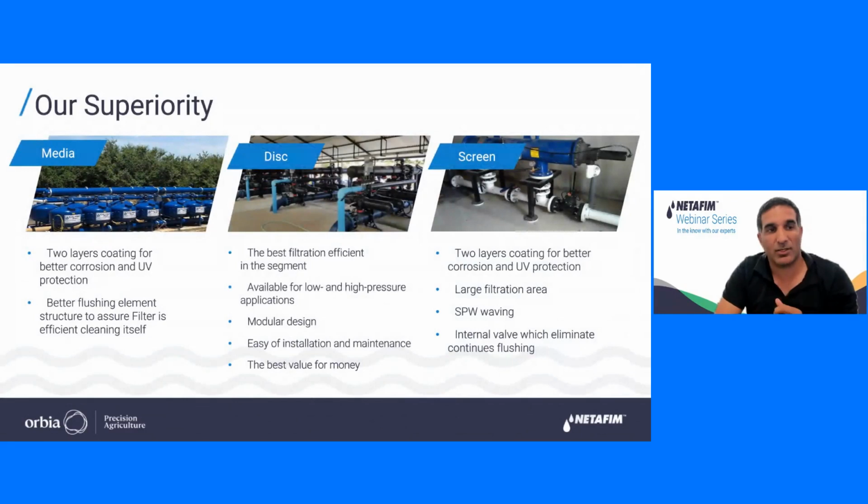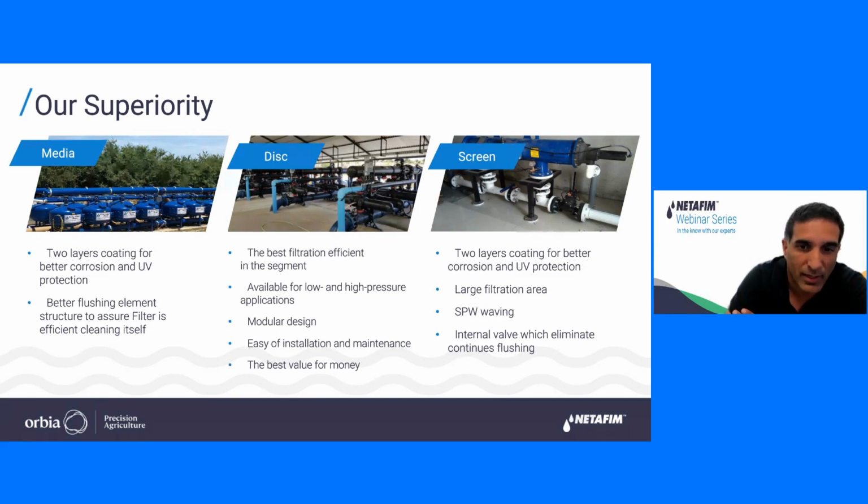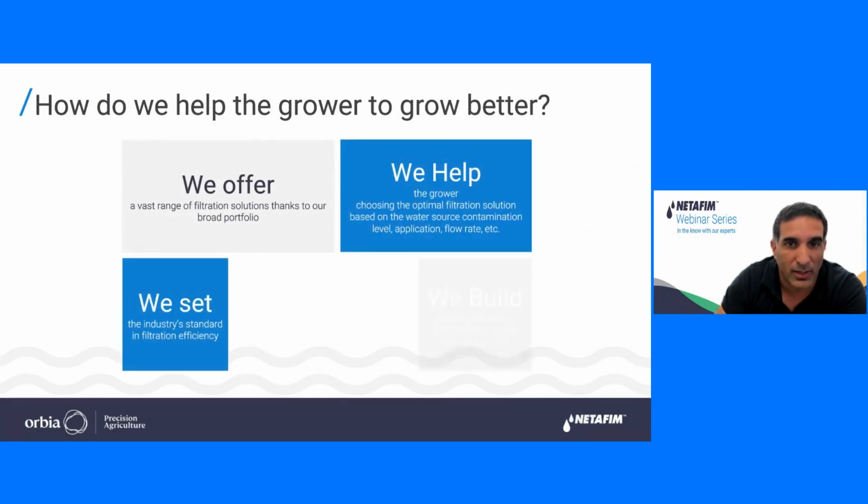So just to summarize our superiority, we have media and disk and screen filters, which are our main applications. We were talking about the UV protection and the coating on our metal systems, and our modular designs and easy installation they provide. On the screen, we have our unique weaving of the screen and the large filtration area, and those advantages can help us provide